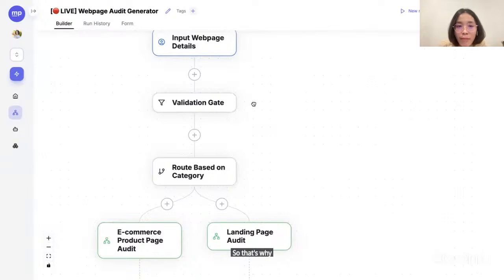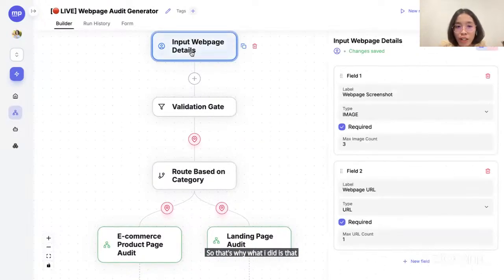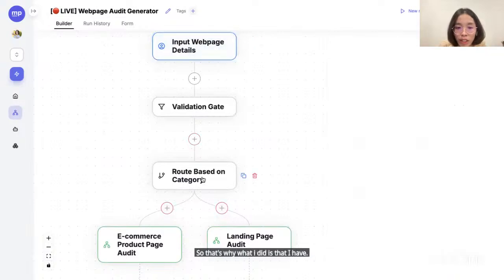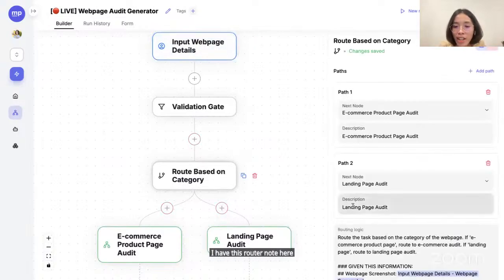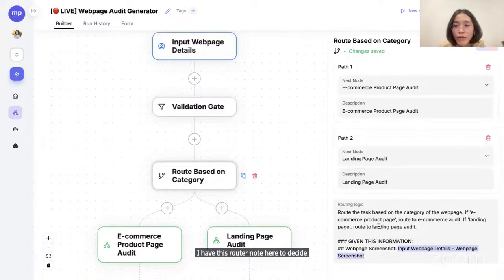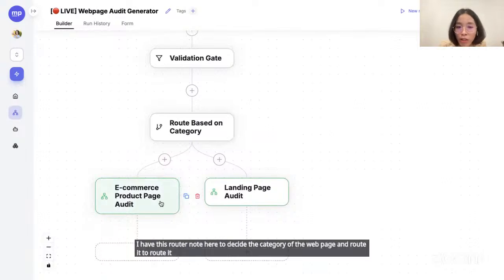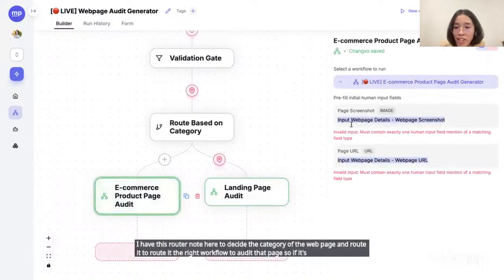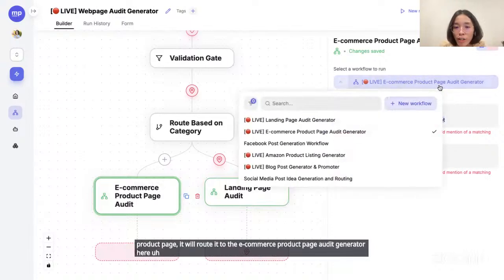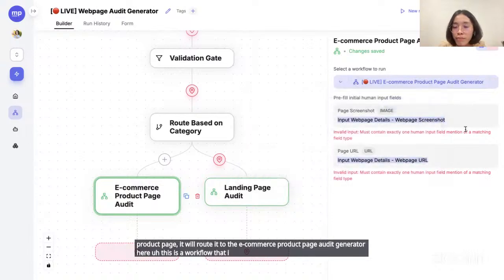what I did is that I have this router node here to decide the category of the web page and route it to the right workflow to audit that product, that page. So if it's an e-commerce product page, it will route it to the e-commerce product page audit generator here. This is a workflow that I have built